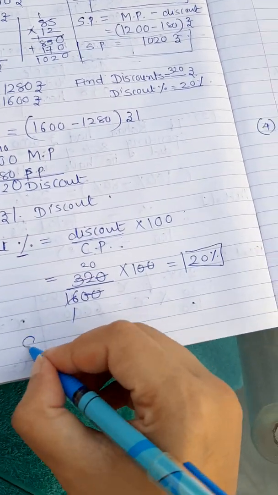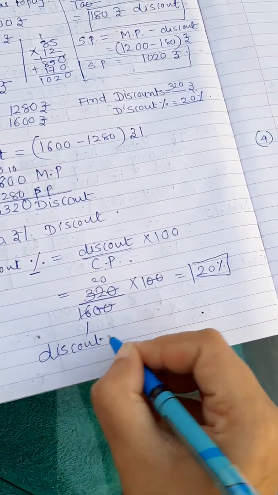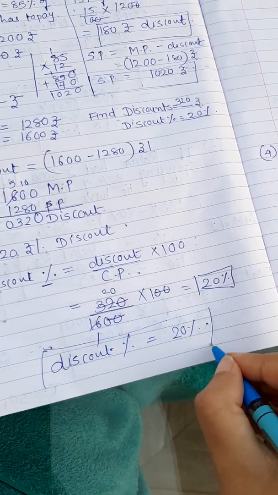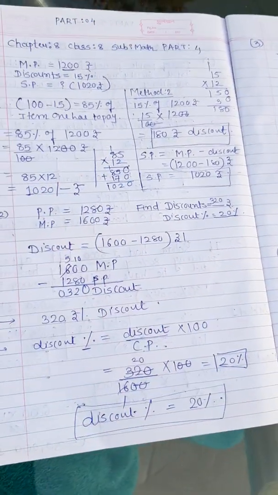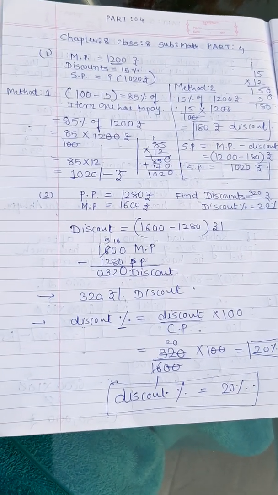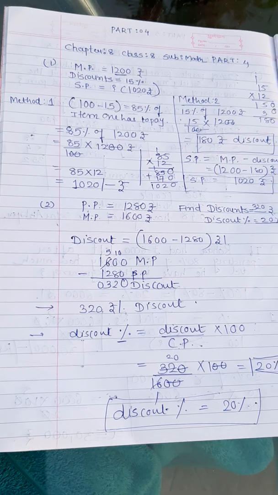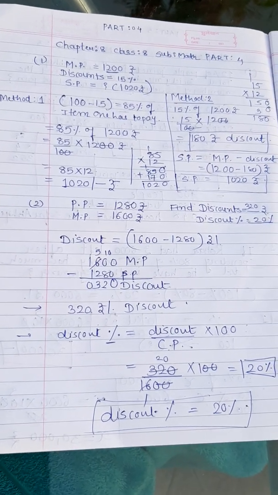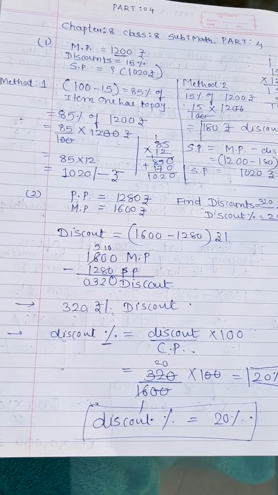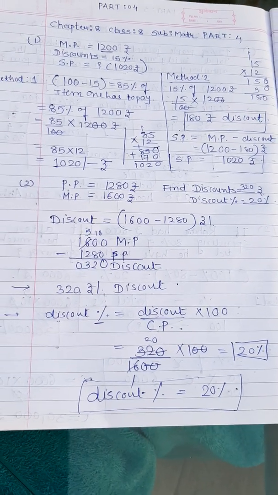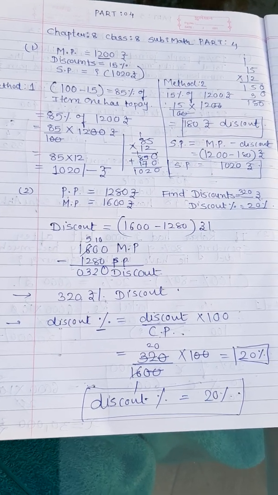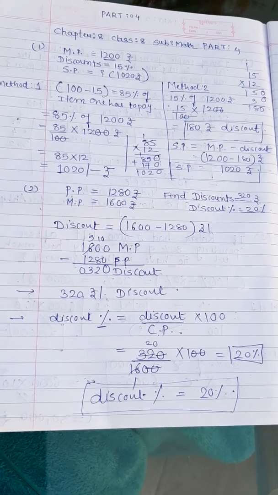So discount percentage is 20%. They can give either the percentage and you have to find the selling price or the purchase price, or vice versa. They give you the purchase price and you can find the discount percentage. Fine. Is that clear? Okay. We can find more examples in such a way in the coming videos. I hope you have understood this.